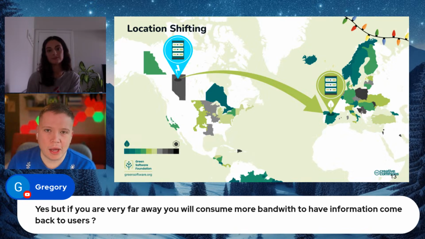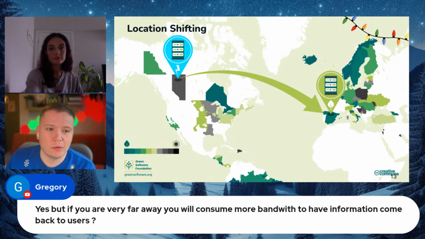So you'd need to take a balanced view on whether it's worth it. If all of your users are in the United States, and like this diagram, you think, oh, I'm going to move to Spain because it's greener, that might not be that helpful if you've got a very high bandwidth application. But if it's something like batch processing of data, where latency isn't such an issue, then it might be very much appropriate to do that location shifting.